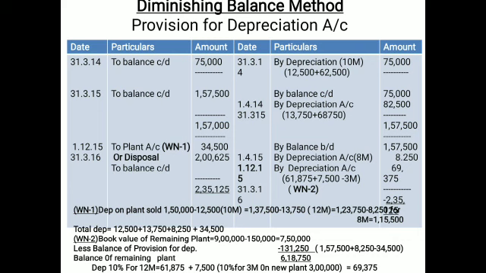That's why I think this is a misprinting. Now the balance carried down in place, we have the balance brought down to the credit side with the 75,000. Next year we don't have any purchase and sale. That's why the depreciation is to be charged with the full value. By depreciation with the amount of 13,750, how will you calculate? You have to calculate this figure.